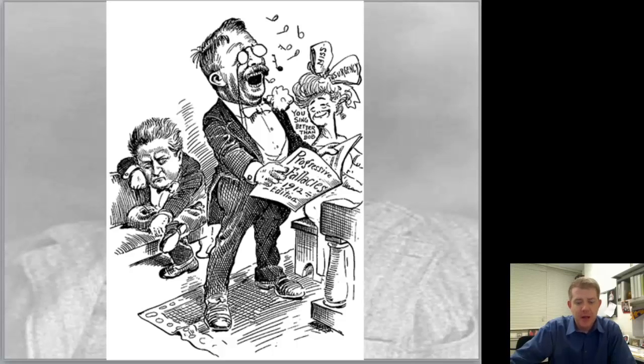Whereas Woodrow Wilson is a Virginia son of a Presbyterian minister. He is a Southern Democrat, and that is a pretty important stride not only for the Democratic Party, it's an important stride for Southern politics. I guess it helps his legacy some that he's a progressive, but as you'll see as we move into more of the civil rights angle when we get into the 1920s, we will reflect a little bit on Woodrow Wilson and how he brings some of his Southern Democratic roots with him to the White House.